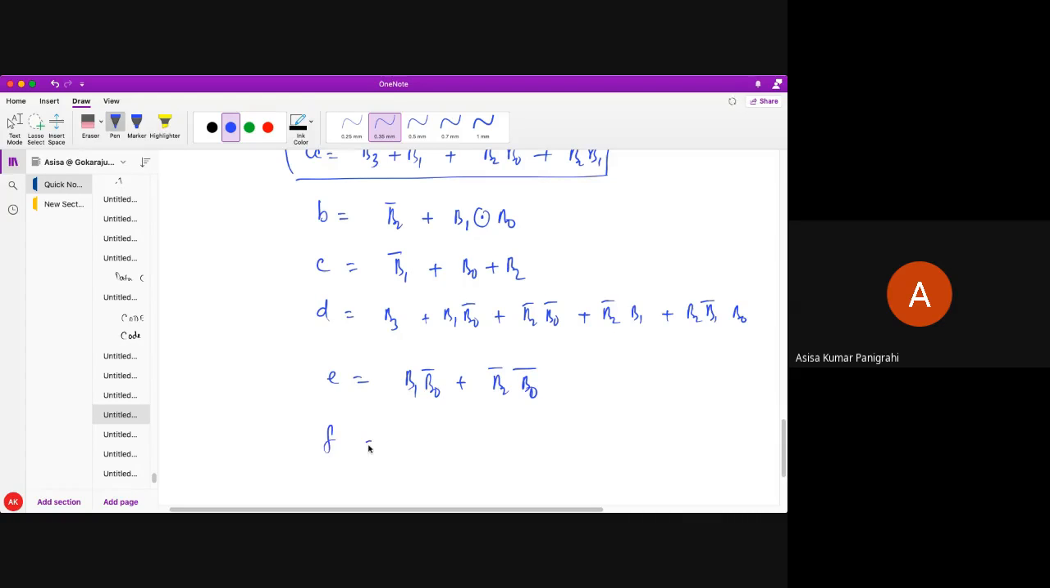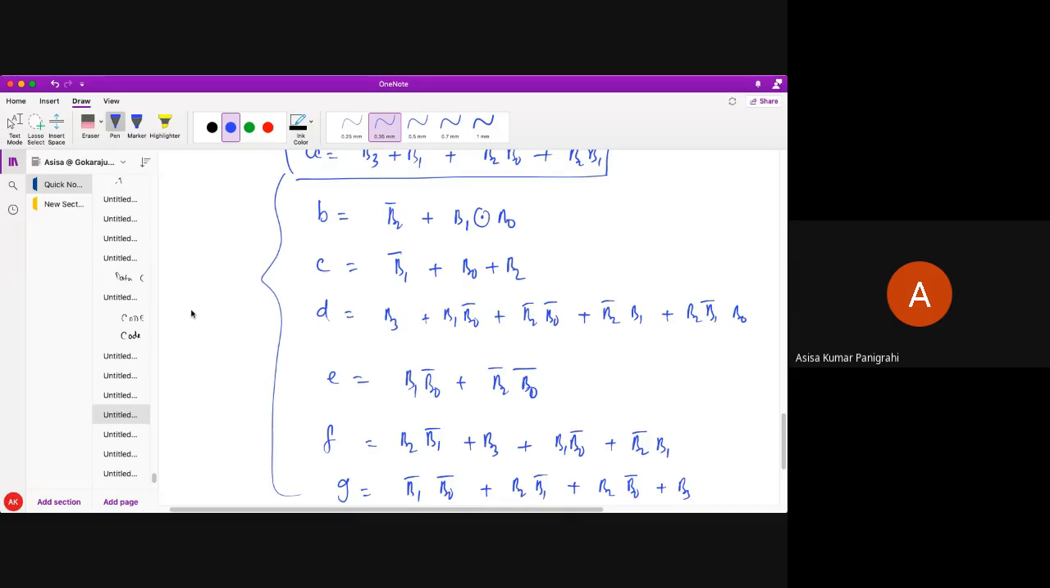Okay. For F, you will get like this: B2, B1 bar plus B3, B1, B0 bar. Next, B2 bar, B1. Okay. Next, finally, G you will get like this: B1 bar, B0 bar, B2, B1 bar, B2, B0 bar, next B3. Okay, all these expressions you will get if you solve this KMF for A, B, C, D, you would